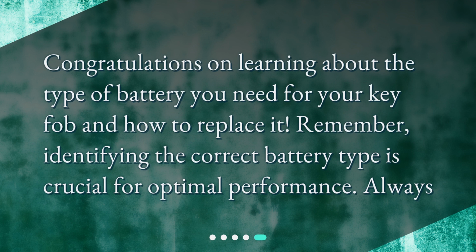Congratulations on learning about the type of battery you need for your key fob and how to replace it. Remember, identifying the correct battery type is crucial for optimal performance. Always,